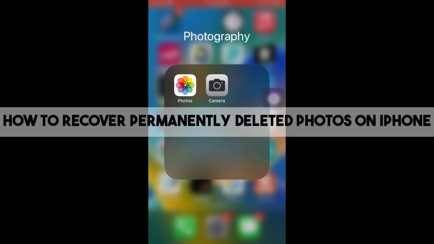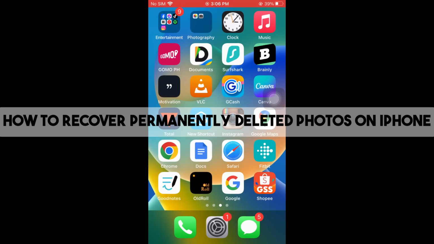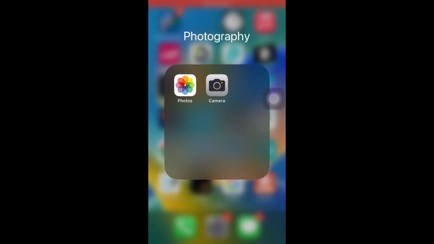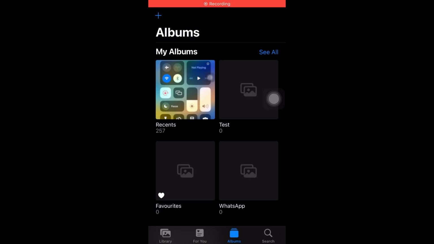Hey guys, this is how to recover permanently deleted photos on iPhone. So, first thing that you will do is just simply go ahead and go to your Photos application. So here it is. So now, from here, if you deleted a photo, guys, just simply go to your albums